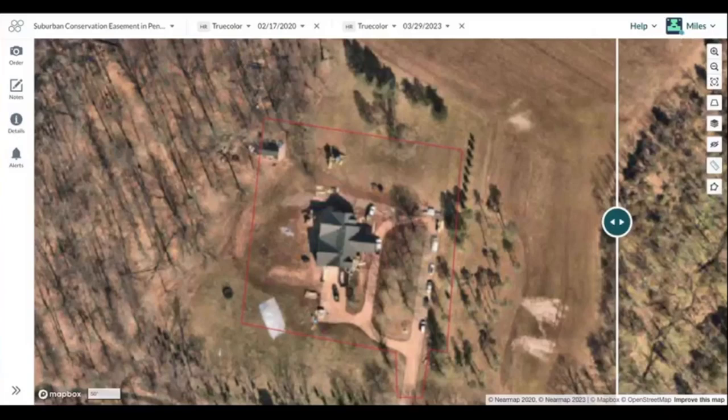Like any areas with lots of human activity, suburban environments can be incredibly dynamic. And it can be difficult to keep track of these changes, but with aerial imagery, you can literally travel back in time. So let's take a look at this property in Pennsylvania and do some monitoring of a suburban building area. So right in the middle of my screen, I have an image from 2022 here